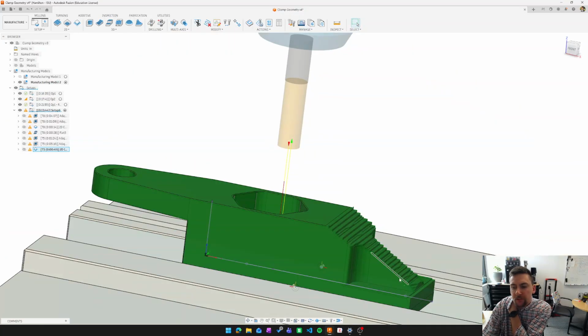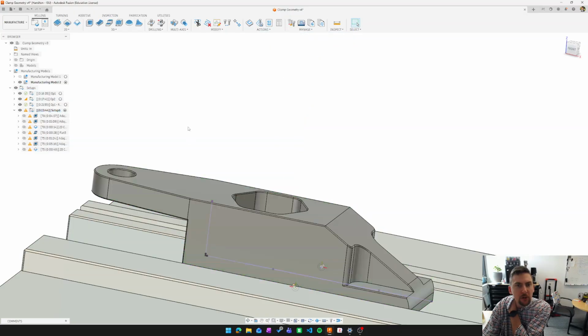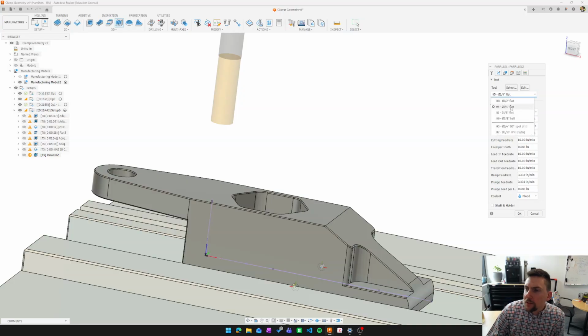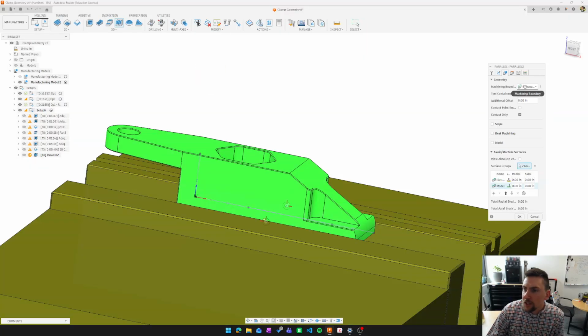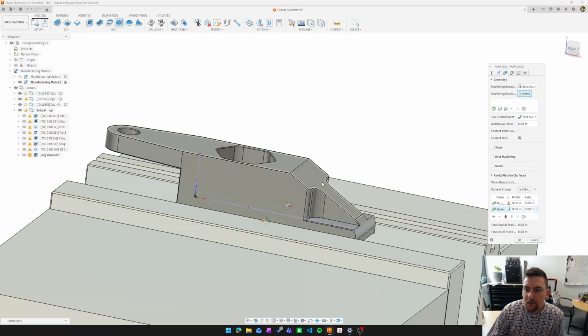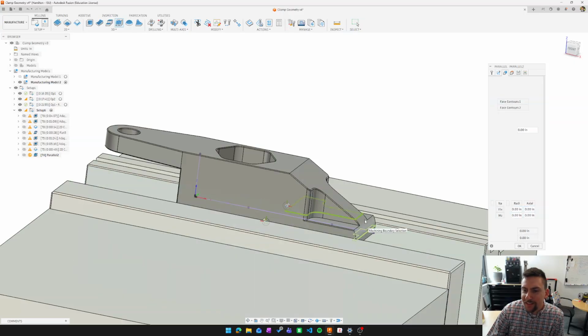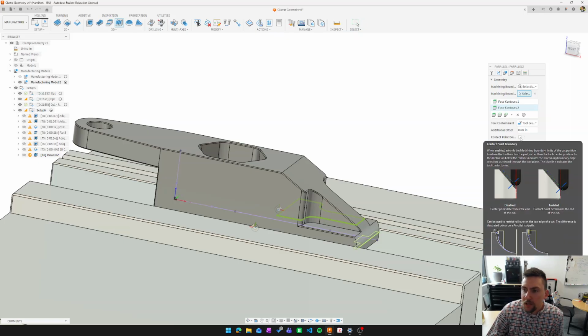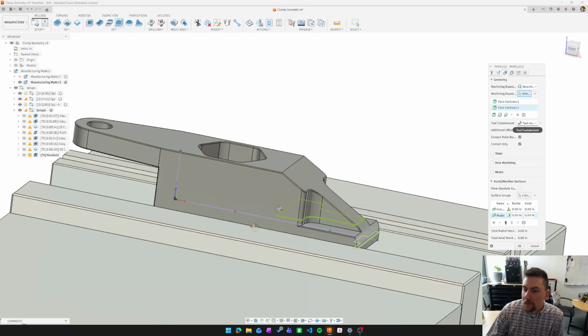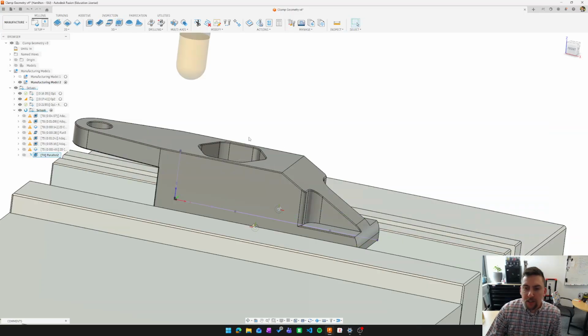We just have this surfacing to do, and then also the deburring operation. So for this surface, I would lean to a parallel operation. Let's choose our 3/8 inch ball end mill. For our geometry, I am going to down select to this surface, and it will by default avoid our fixture, which is handy. I do want to throw contact point boundary on, and keeping the tool at the center should be fine. And when I click OK,